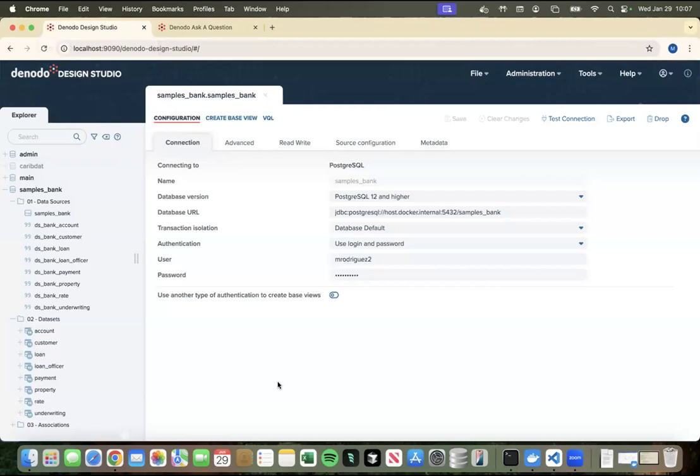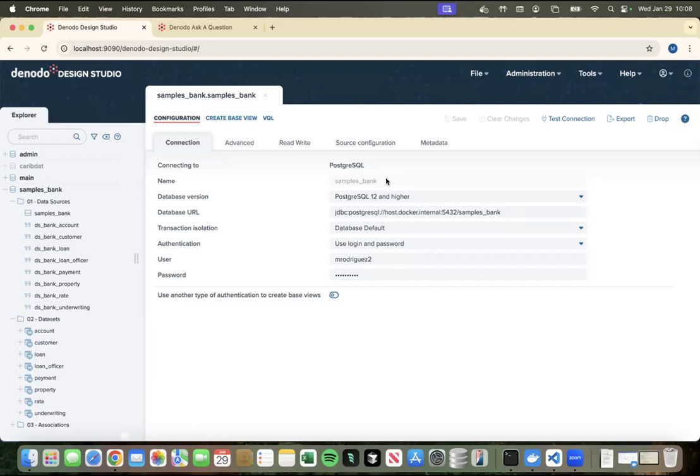Yeah, I was going to ask you, so in this, how do I plug in the data? Yeah, exactly. So here, as we can see, we've got a Postgres database with a sample banking demo, which we use for testing. It comes included with the SDK, and it's a really good demo to actually see what the SDK can do.